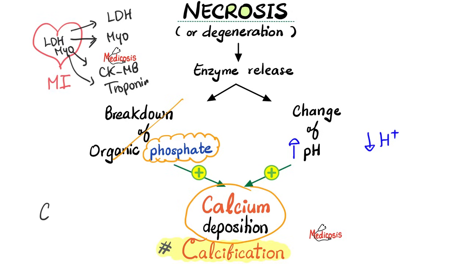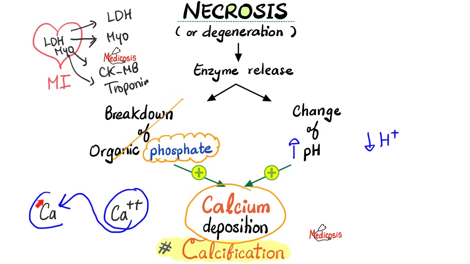Look, there are two forms of calcium. There is calcium that is not ionized and not charged and bound to something. And there is another type of calcium which is ionized and charged and unbound to anything. What alkalosis does is that it takes some of that ionized, charged, active calcium and deposits it into the tissue in this form that is bound to the tissue, not freely floating. So alkalosis favors calcium deposition, which means with alkalosis, you will have more calcium deposition, but you will have less ionized calcium in your blood.